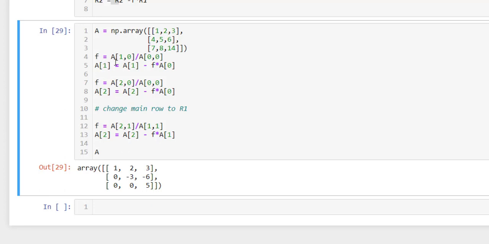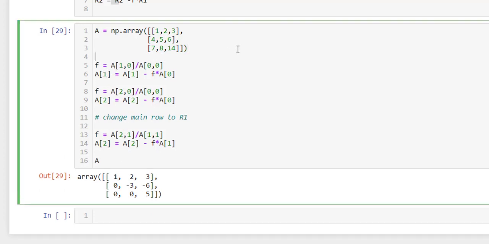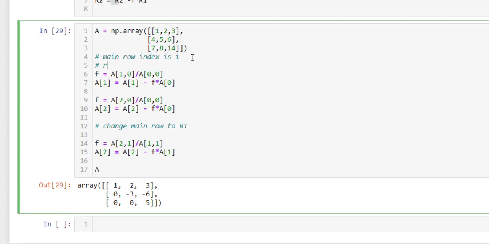Now we have to know how to do this in a generic fashion. Just to make our life easier, let's call the main row index I, and the row operations index j.